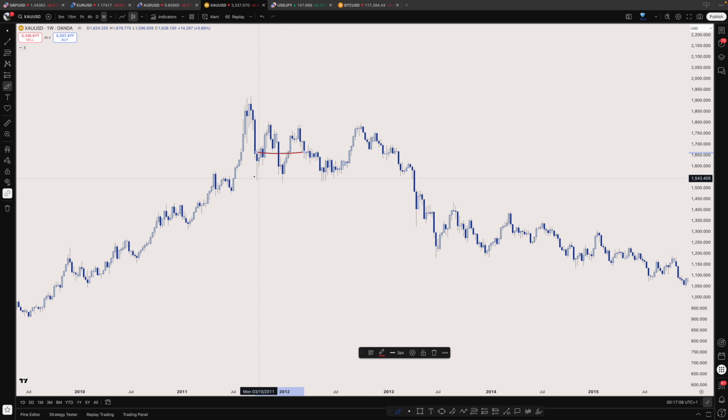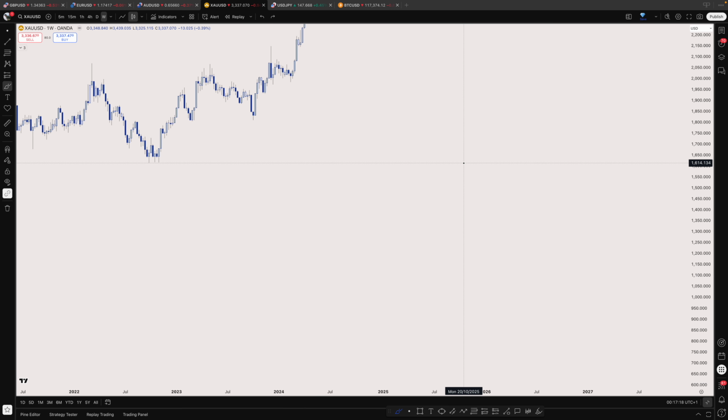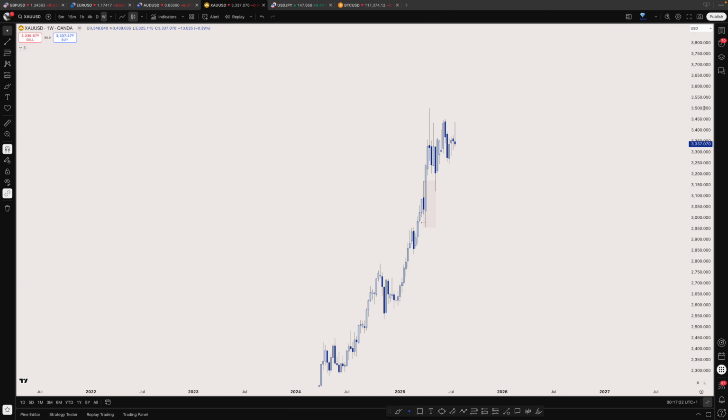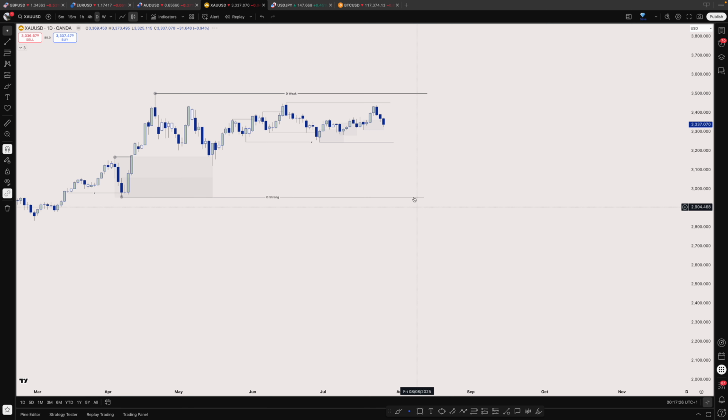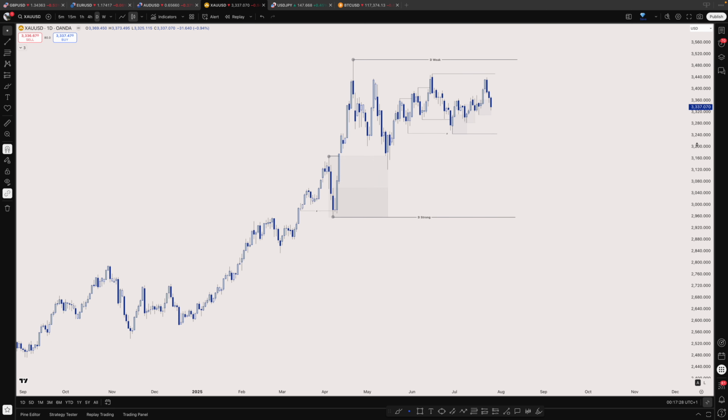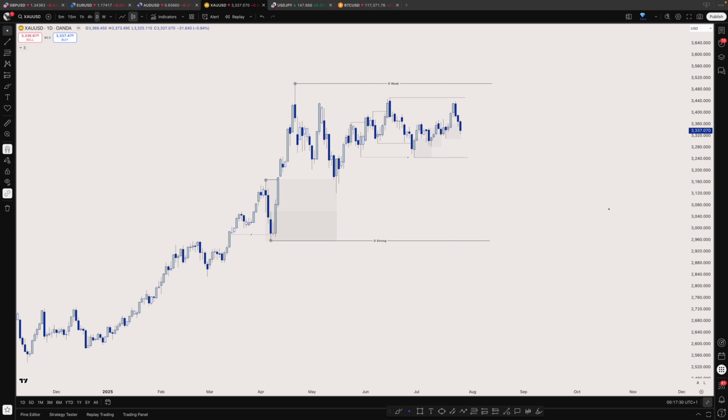We had this demand in control. It kind of failed, and supply was in control, right? Supply held, and this demand was in control. Demand held. Sweep liquidity. It's very, very messy, right? So it's not similar to the one we are facing at the moment, but the order flow from the weekly time frame is definitely not clear. That's when you can take a little step aside and just wait for the high probability setup and